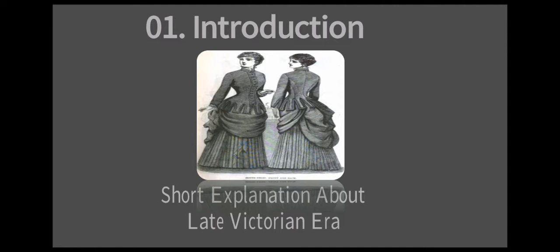This is a short explanation about the late Victorian era. The late Victorian era was a time of growth and change in America. Advances in building technology, such as the development of balloon framing and factory-built architectural components, made it easier to build larger, more complex and more decorative structures. The late Victorian era covers the latter half of the 19th century, a portion of the reign of Britain's Queen Victoria from 1837 until 1901, for which this era is named.